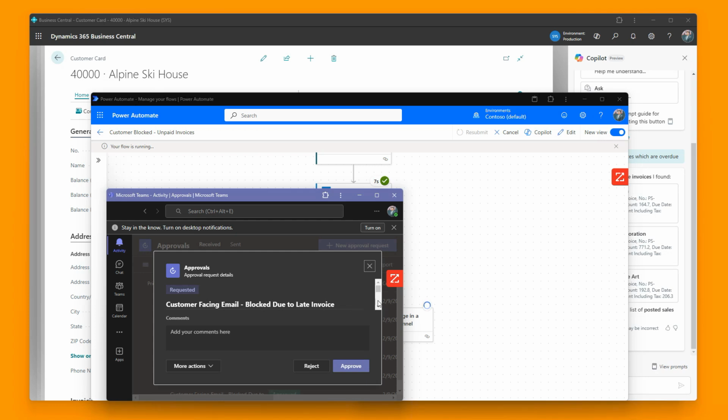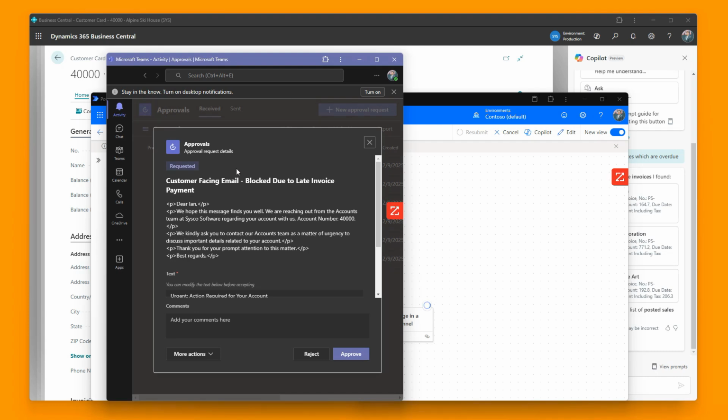Customer facing email, blocked due to late invoice. Just make this slightly bigger so we can see it. Dear Ian, we hope this message finds you well. We're reaching out from the accounts team at Sysco Software regarding your account with us. We ask that you kindly contact our accounts team as a matter of urgency to discuss important details related to your account. Thank you for your prompt attention. So if we then approve this,